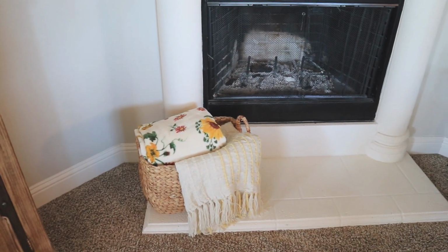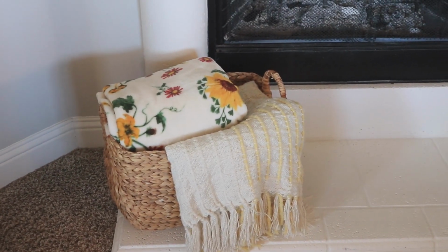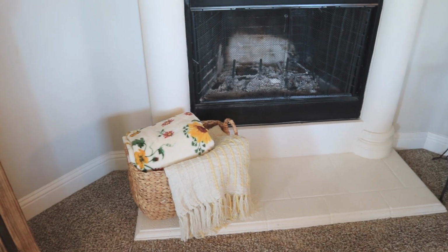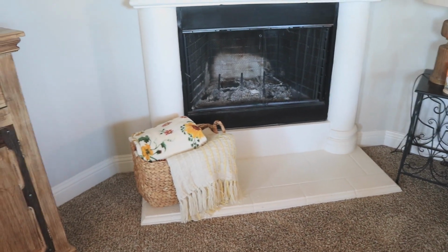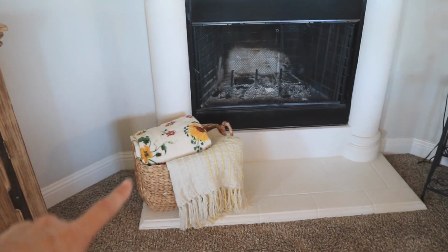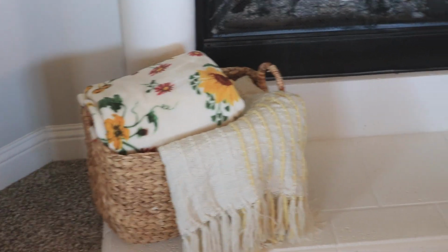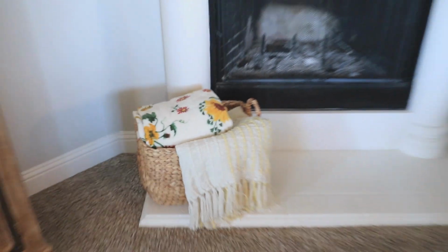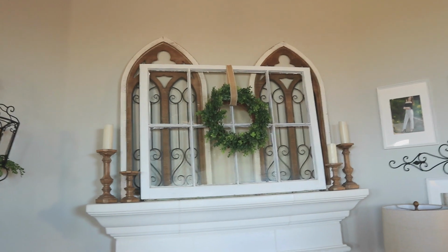I really love how this turned out too, because it solved my problem of, okay, where do I put my blankets, because I took away the blanket rack. The blanket rack will probably either go in the library or somewhere else, I'm not entirely sure, but I love that I'm using wicker over in this section because it's another material that I really wanted to exist in the living room. And I had this in the last house too, in the living room as well. It's been upstairs in the media room, and then I remembered that I had it and thought, let me pull it down here. As you can see, I just stacked my blankets, and I made sure I had the yellow ones popping through, because that's a color that I want to make sure comes out. And then this fireplace,